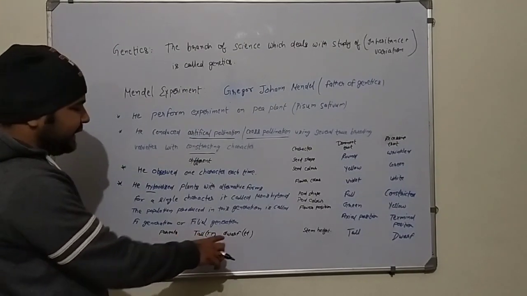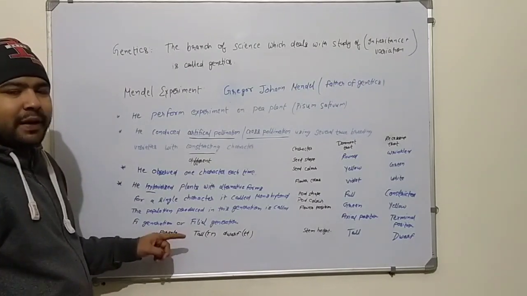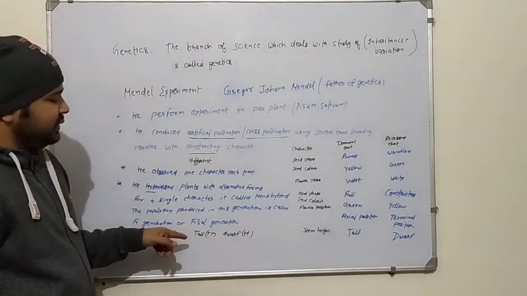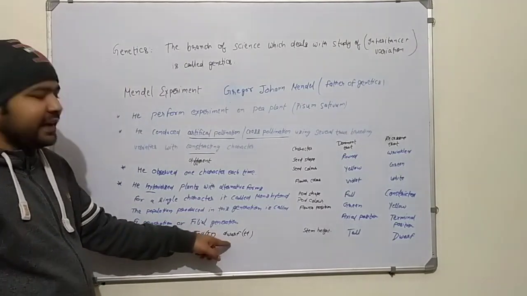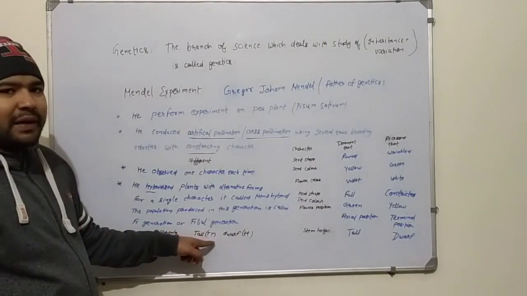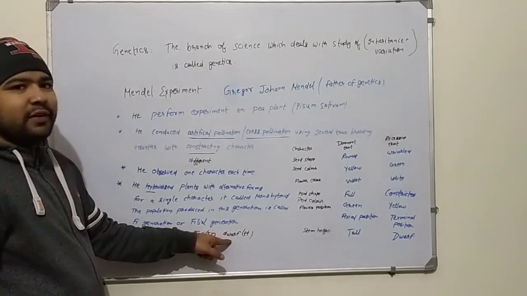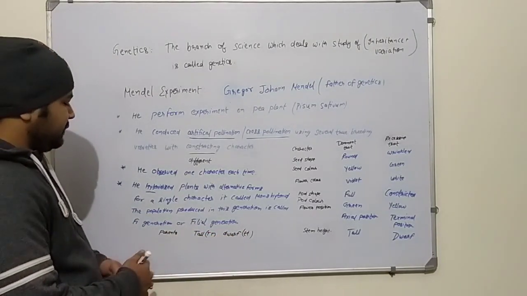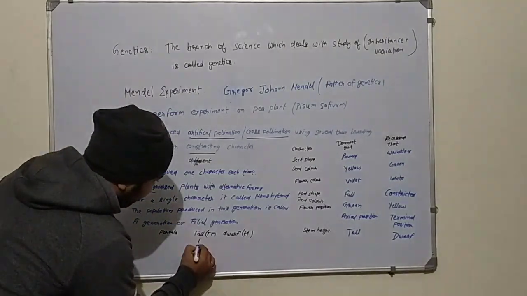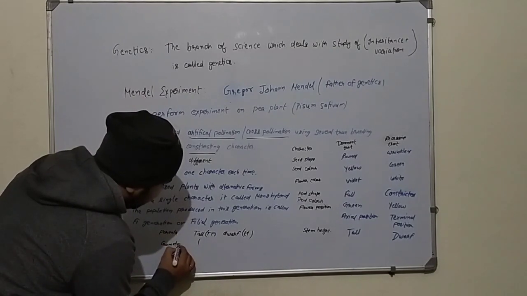The one is tall and the second one is dwarf. In his experiment, he takes two alternative forms of pea plant, the one tall and the second dwarf. In the tall plant, we represent it by capital TT and the small tt represents the dwarf plant. If we take the gametes, if the gametes are produced by the parents,